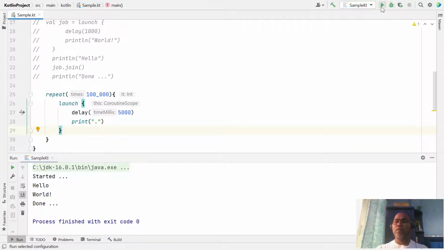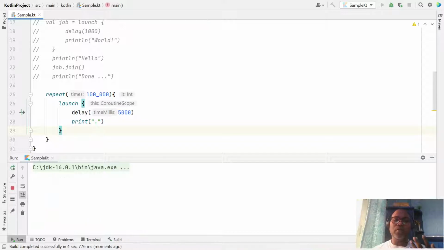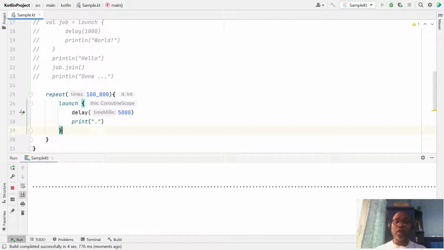Due to the basic concept of coroutines, we are saying this is very lightweight. Whenever we create 100,000 threads, it will create 100,000 objects. Maybe on my laptop there is no such memory available, so you get out of memory.